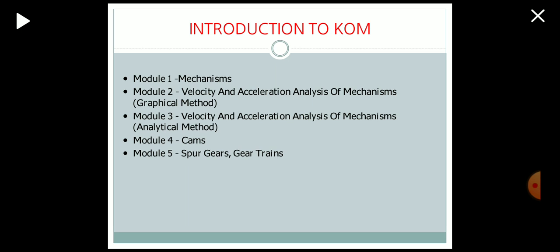So here all the modules are easy. We need to study. The textbook which I am going to refer for this is Kinematics of Machines by JBK Das. So this is the textbook. In our college library, we have KOM by SS Ratan and KOM by Sadhu Singh. These two are only reference books. You can refer to them, but for study purposes, you need to go for JBK Das.